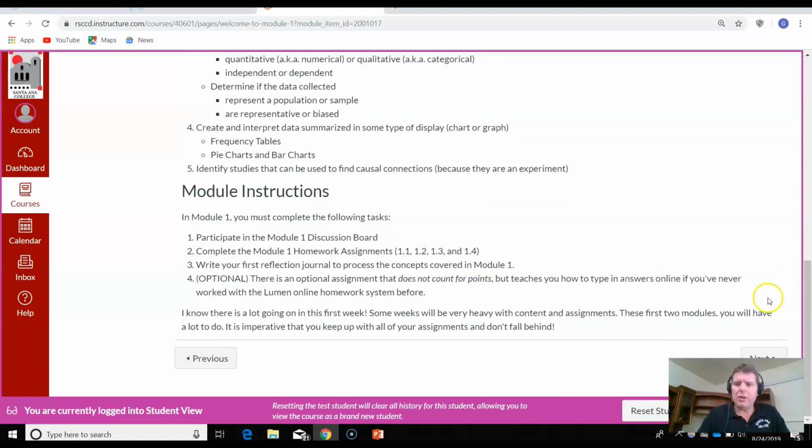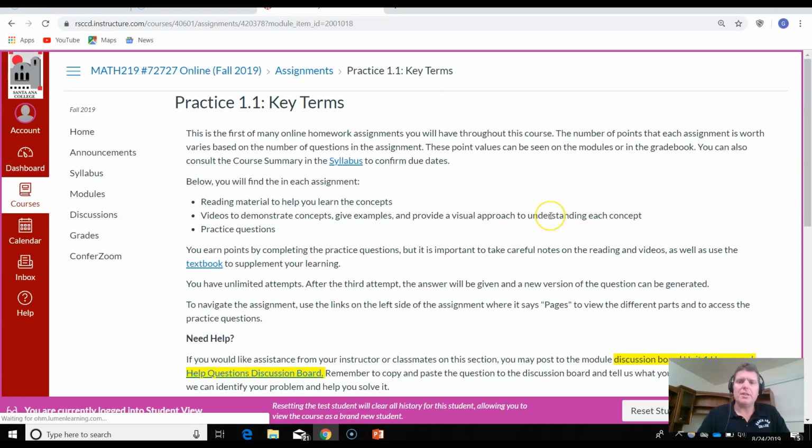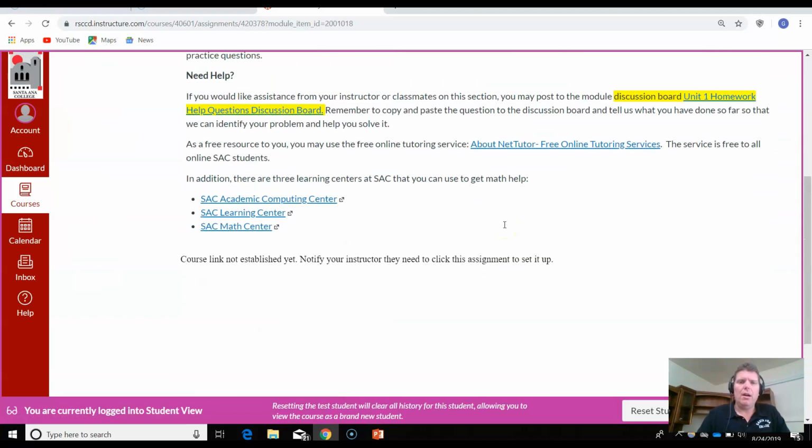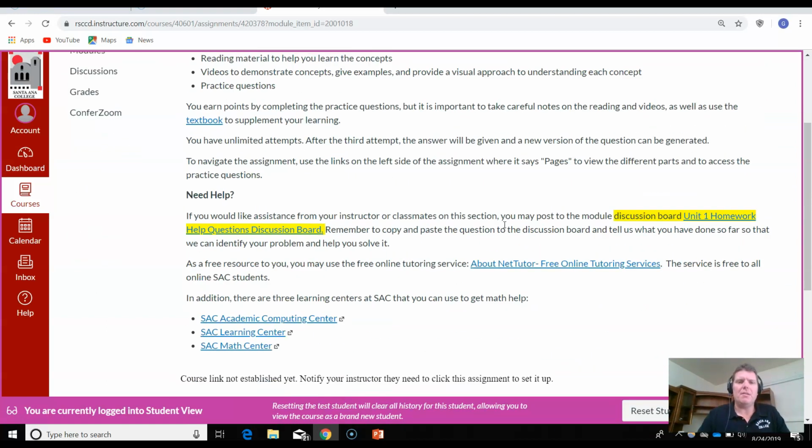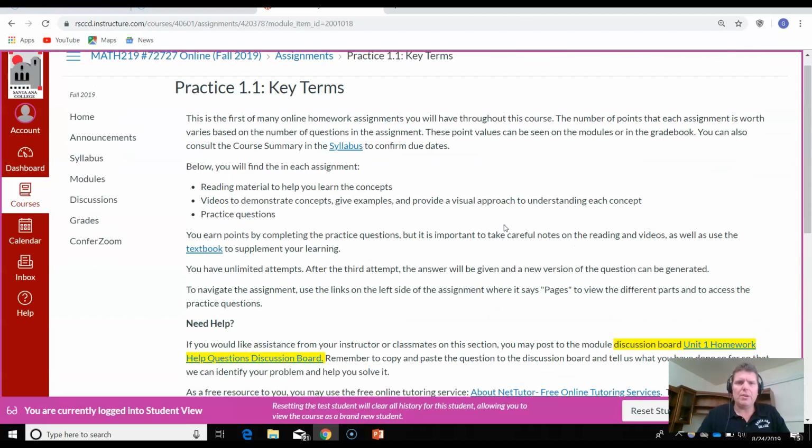Then, if you click on Next, which we can do anytime we're in a module, you'll see our first set of practice assignments. Practice assignments are what we traditionally think about when we think about math. Okay, and what you'll see when this is actually fully up and loaded is you'll see a set of assignments in which you can go in, you can do one by one. They go through and they actually talk about,